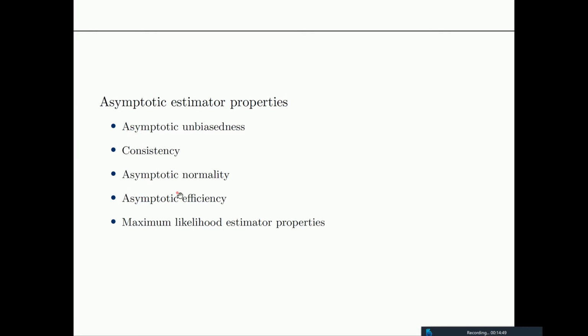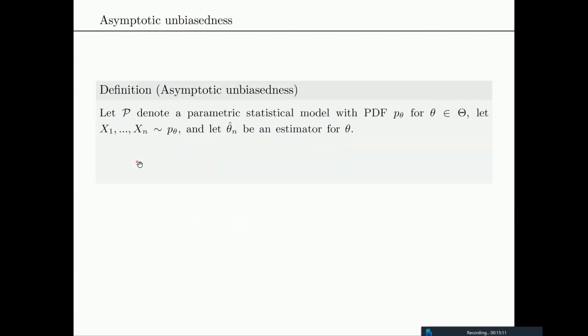First we want to discuss these criteria in a little bit more detail, and then discuss maximum likelihood estimator properties, because these criteria, of course, apply to any kind of estimators. And then the question we are interested in here is, what about maximum likelihood estimators with respect to these criteria? The first thing is asymptotic unbiasedness. We will go through the definitions and then look a little bit into examples and understanding the definitions